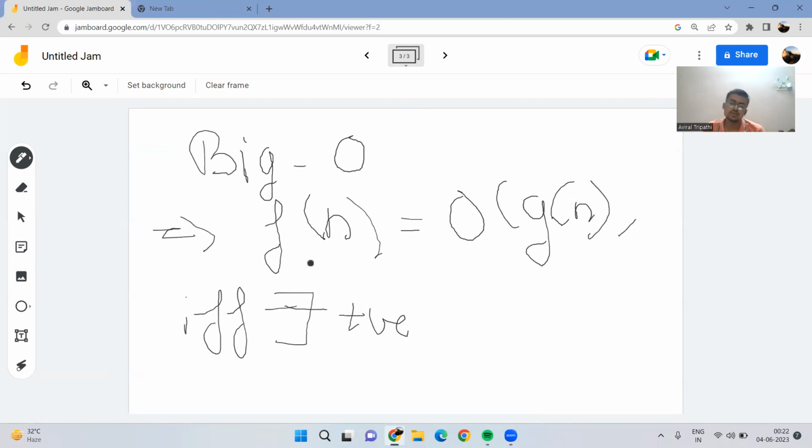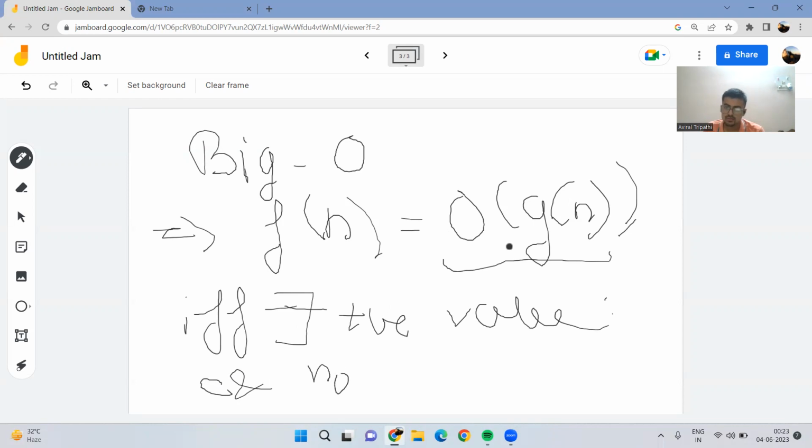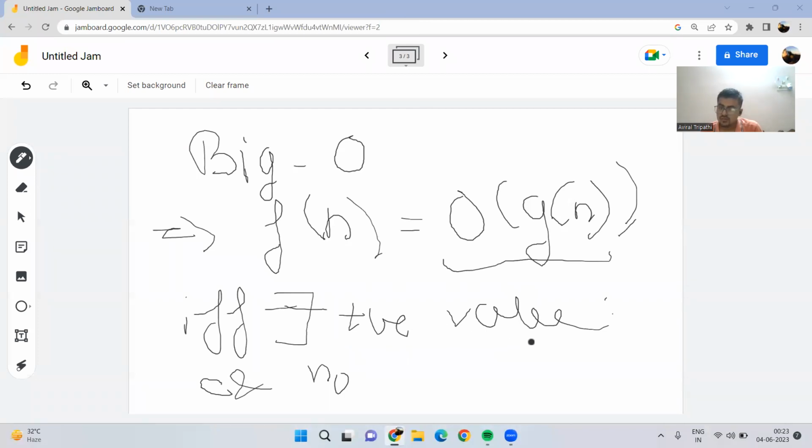If we have to define it, then a particular function f(n) is equal to big O of g(n) if for every positive value, for two constants C and n naught, such that